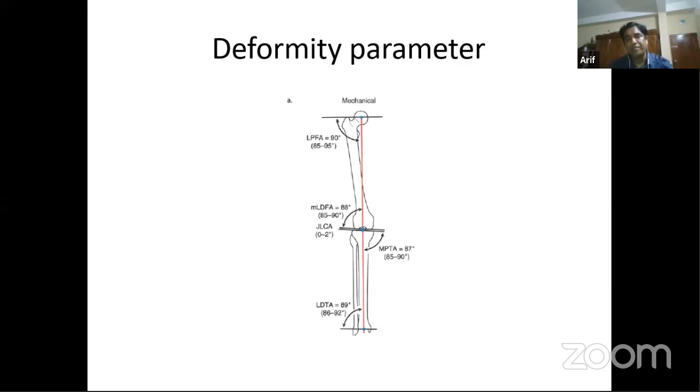Everybody knows this is the mechanical axis, and this is a very popular photograph usually taken from the deformity correction book of Paley, where different terminology and different angles are very nicely described. And in the mechanical axis, you are